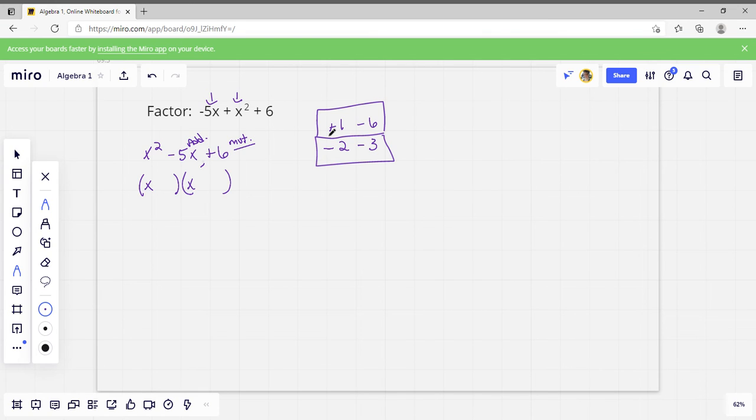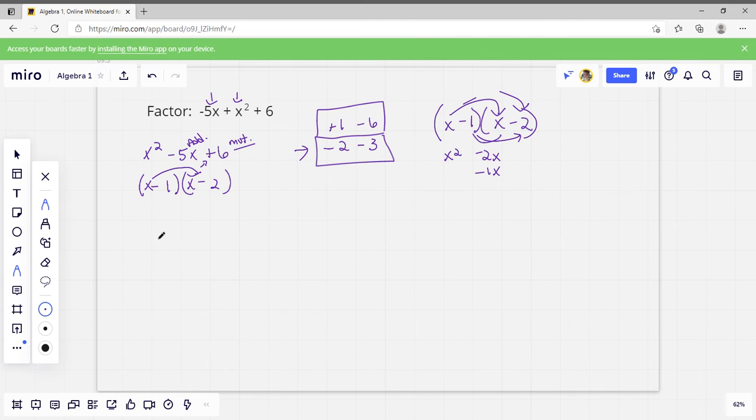Well, this positive sign right here tells me that both of these signs have to be either plus or minus. The only way to do that would be this one. So negative 1, negative 2. Now if I multiplied this out, I could make sure. If I said x minus 1 times x minus 2, I'm going to get x squared, and then I'm going to get minus 2x, and then minus 1x, and then 2 times 1 would be,